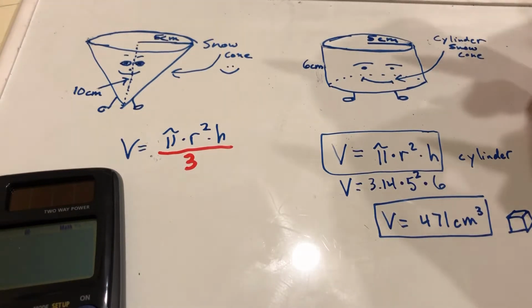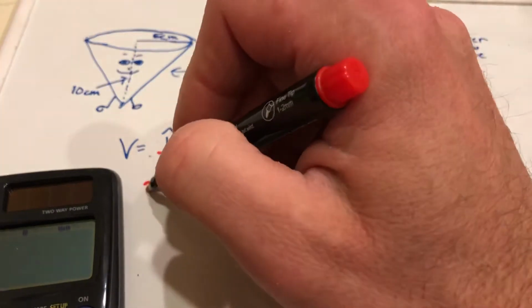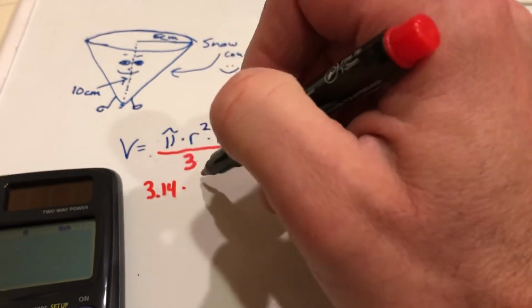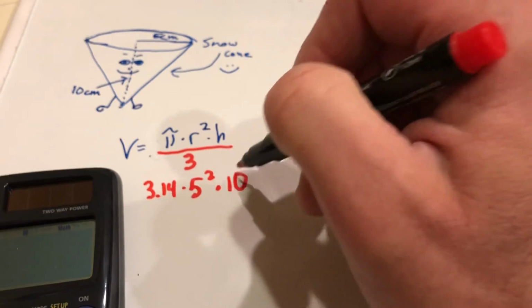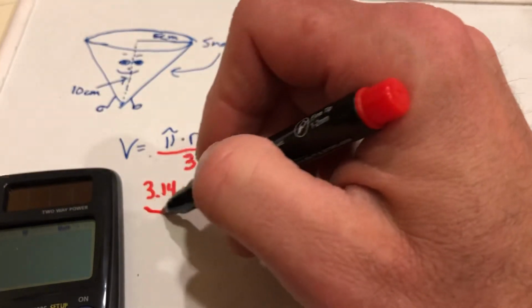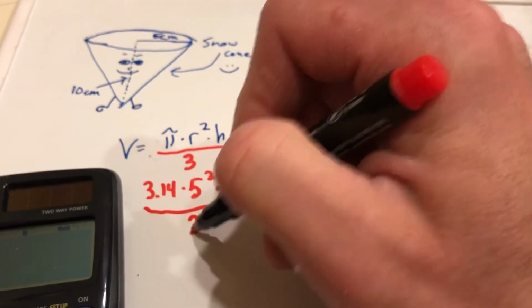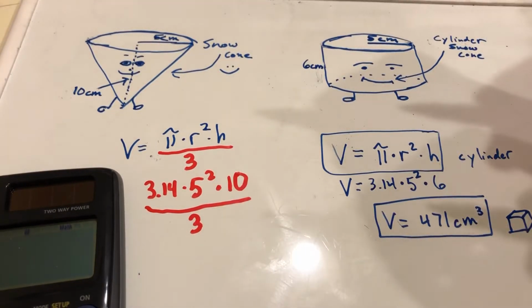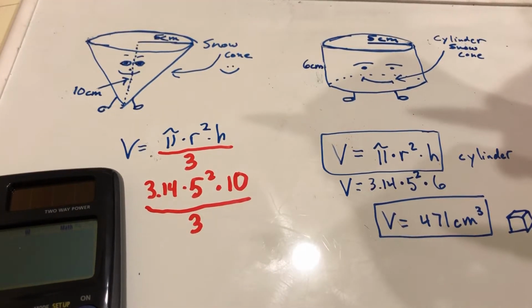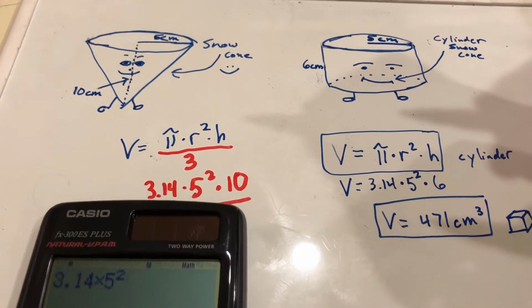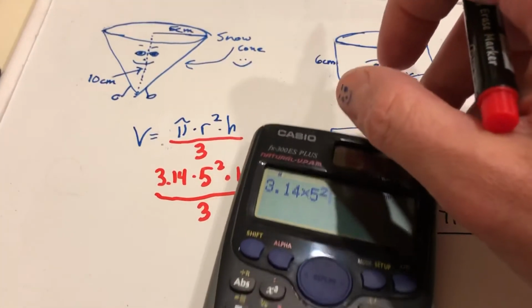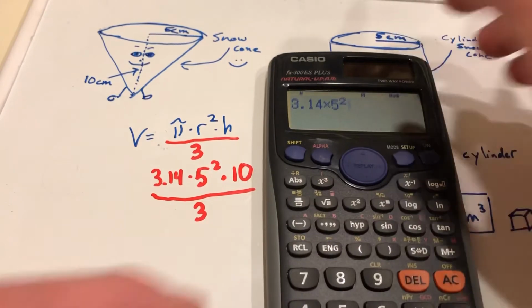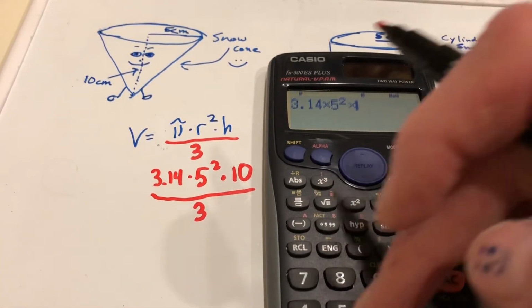Or you could just do this divided by 3. Okay? So, anyway, you're going to do 3.14 times the radius squared times the height. And then you're going to hit enter, and then you're going to divide by 3. So let's see what happens. 3.14 times 5 squared. Oh, whoops. Let me come over here. Oh, I'm not so good at this, am I? Not so good. Times 10